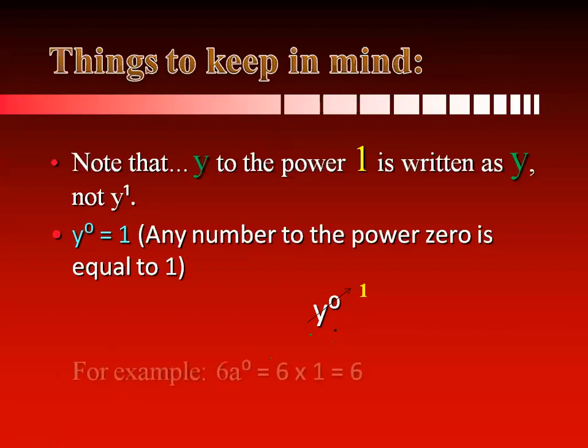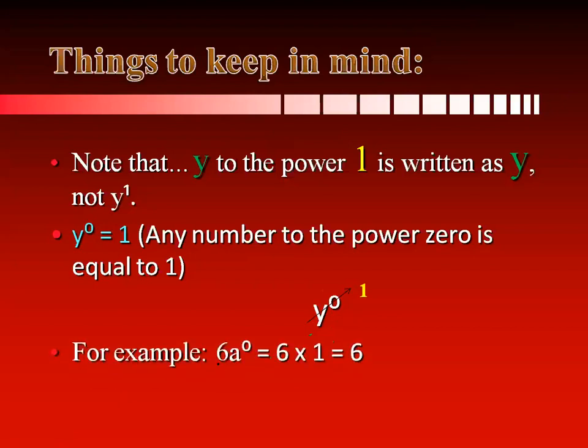So just suppose for example here you have 6, that is your coefficient, and here you have a variable and the power of your base here is 0. So you will simply say that this is equal to 1, and you will simply write 6 multiplied by 1, and it is equal to 6. Now let's start exercise number 9.2.